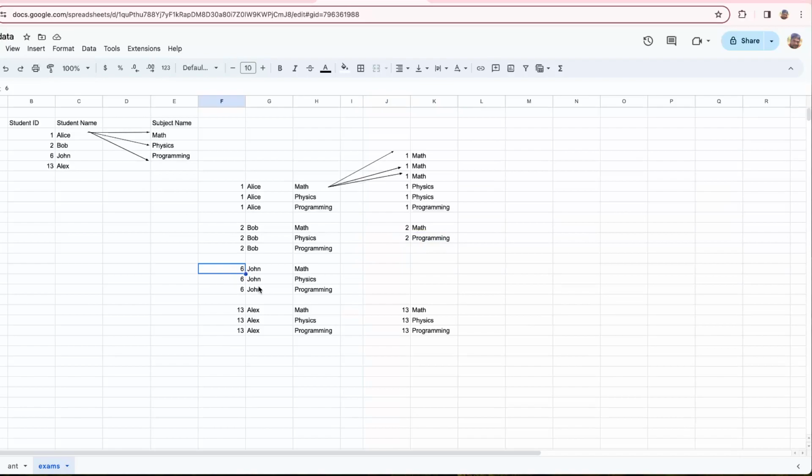And for John, the student ID is 6 and John doesn't have any exams assigned. Meaning he has the subjects but he hasn't taken any of the exams. And if you see, Alex took all the 3 subjects once. So you connect student with all the subjects, one to many, right? One student takes all the subjects, and for every student and subject we have to see how many times they took the exam. So the expected output is going to be,